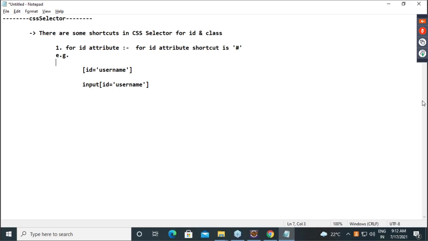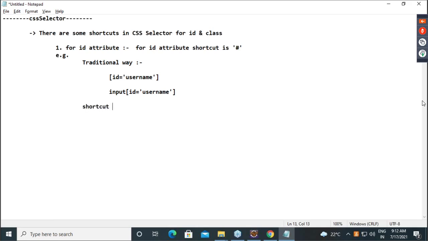This is nothing but the traditional way, and now I will show you the shortcut way. So here, what you are giving? ID username. Just give hash username. CSS done. Is everyone clear on this?